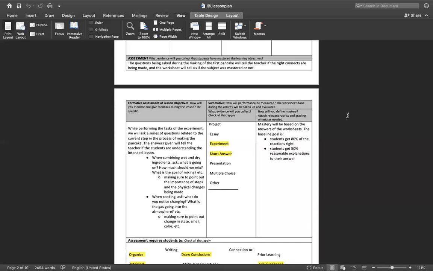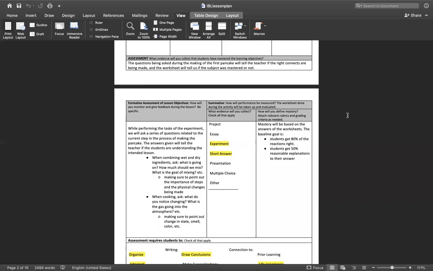When we're cooking, we can ask, what do you notice changing? What is the gas going into the atmosphere? And be able to point out things like the state of matter that it's in, the smell, the color, and things like that. For the summative, we will be doing an experiment, which is the making of the pancake,